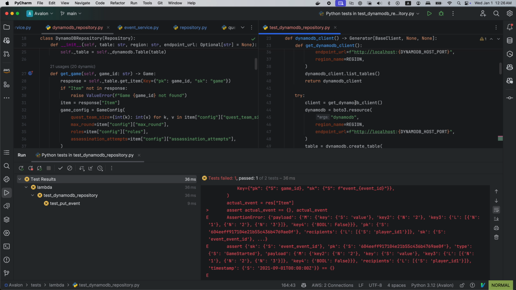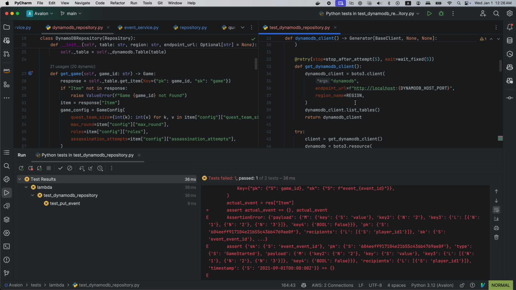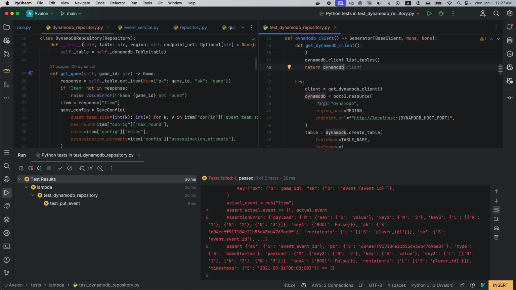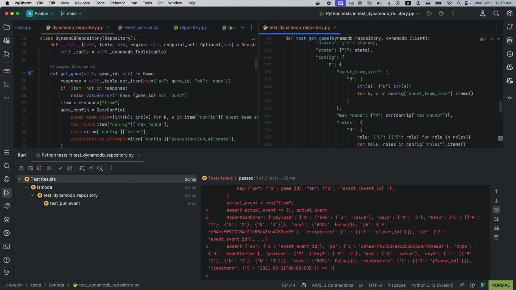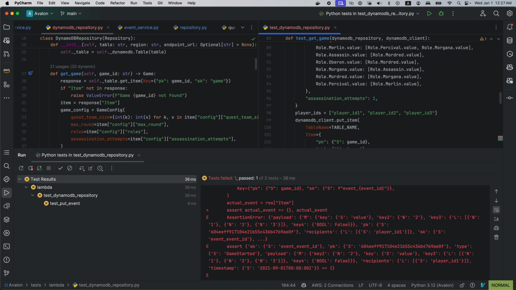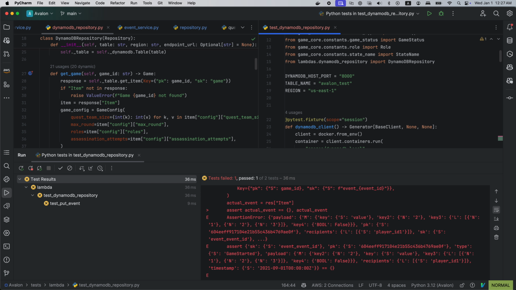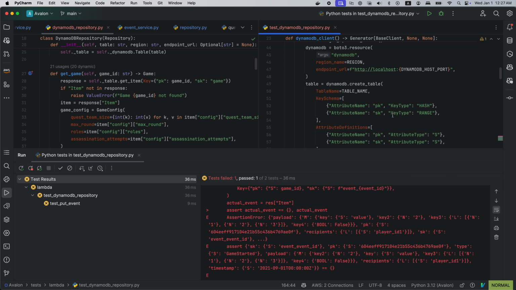So I'm going to use table instead of a client. Apparently it is very annoying. Okay, let me see table.